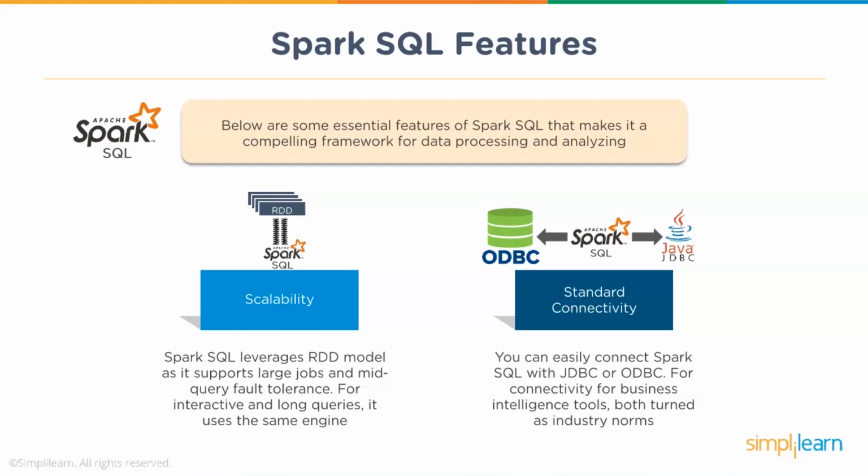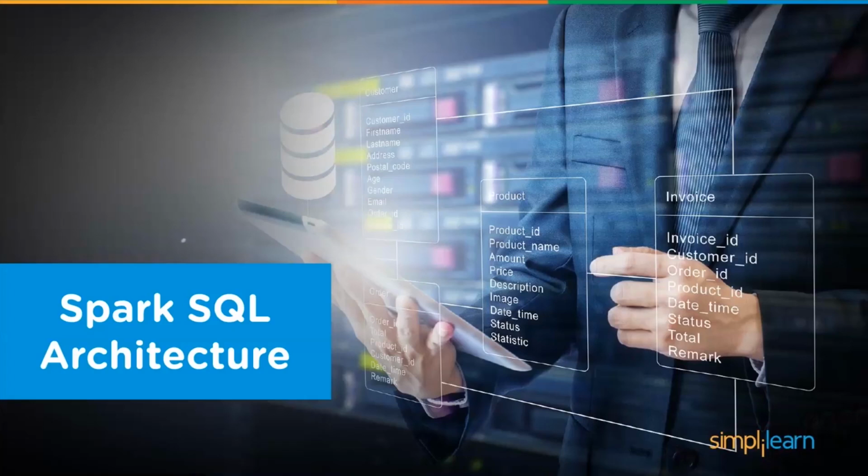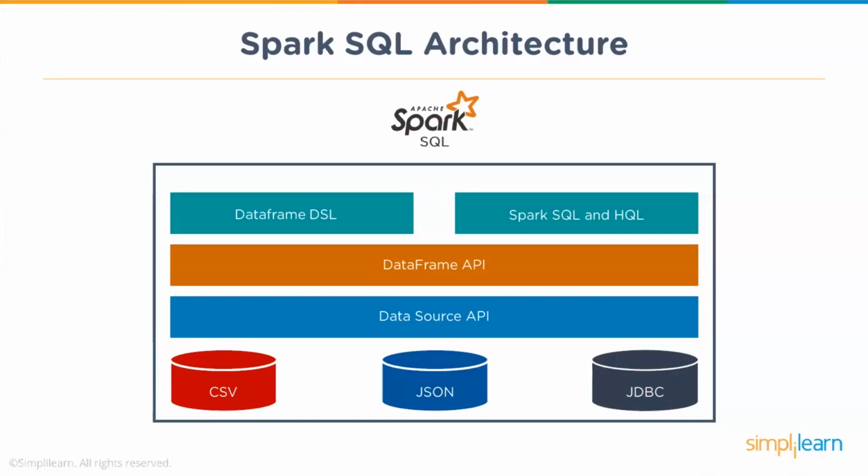Remember, Spark does not have its own storage. It has various components such as Spark SQL, streaming, MLlib, you have RDDs, and you have GraphX. But then Spark always relies on a storage. Now that storage could be a Hadoop distributed file system, that could be a NoSQL database. It could also be an RDBMS to which you can connect using JDBC or ODBC, or it could be just your local file system on which your files are stored, and Spark can use those files and process the data within those files.